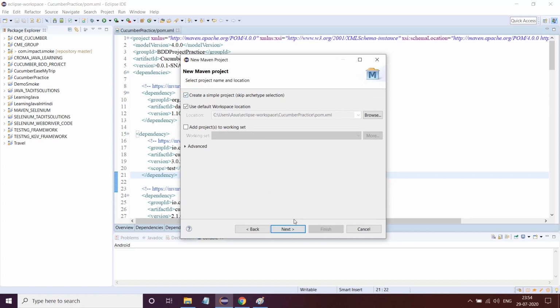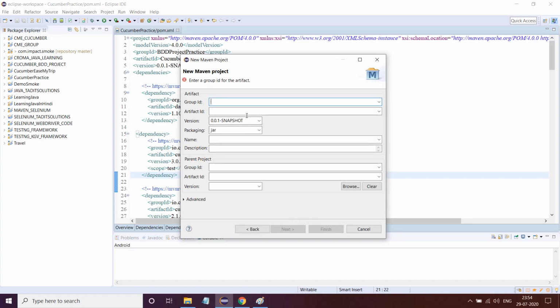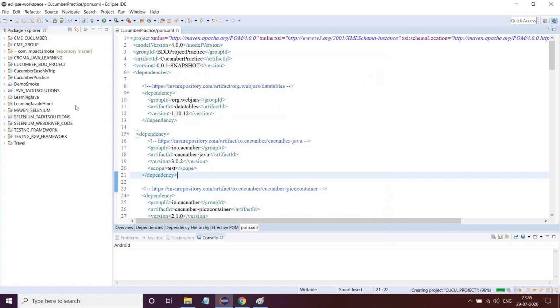Next, here I'll write com.cucumber.project, and here I'll write Cucumber BDD for YouTube project, something like this. I'll just make some random name. I'll click on Finish. So my Cucumber BDD YouTube project is created. So one Maven project is done.